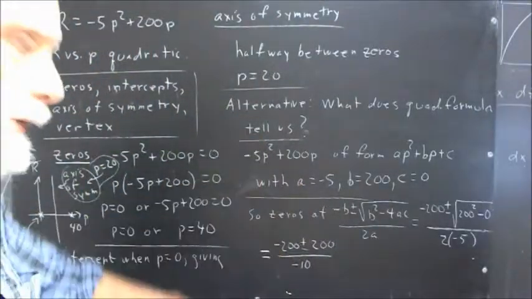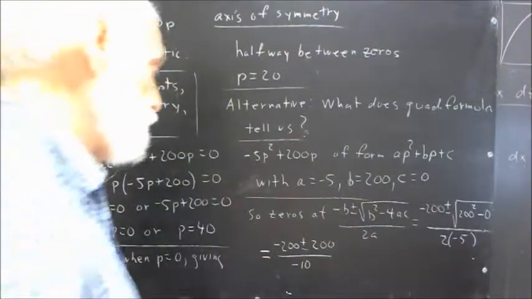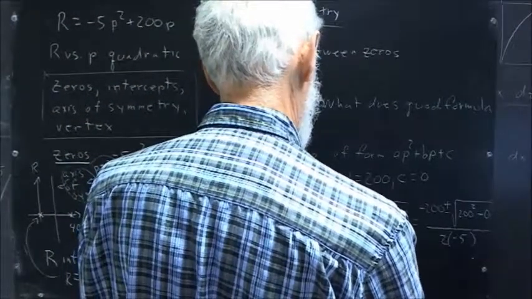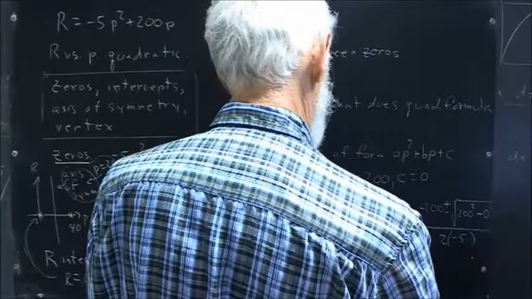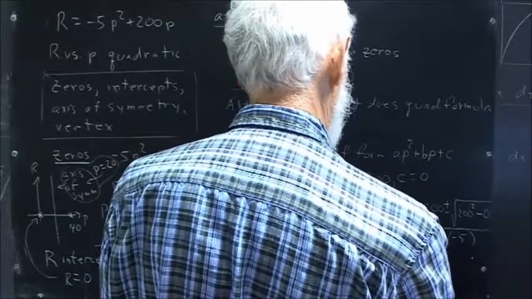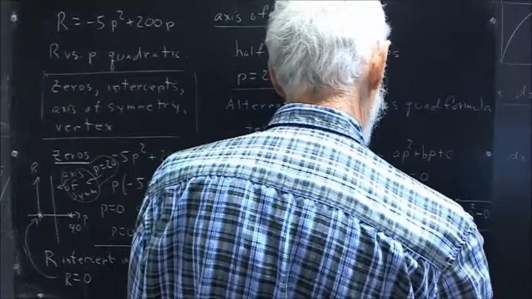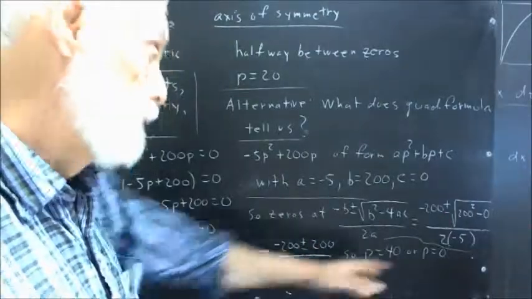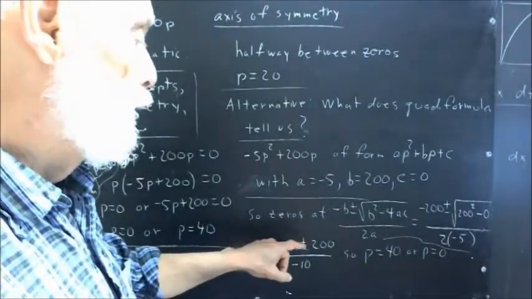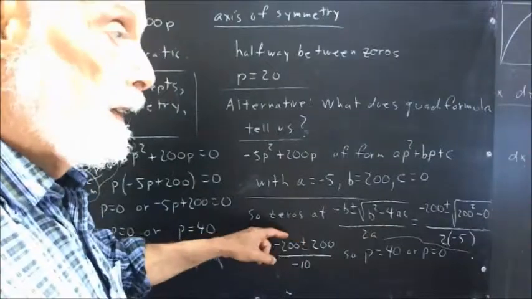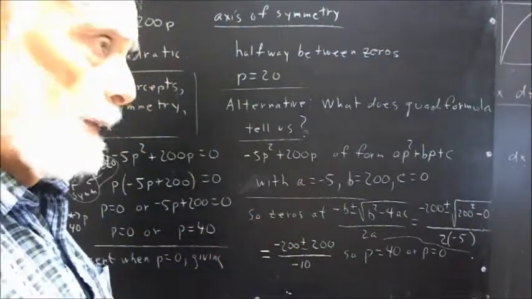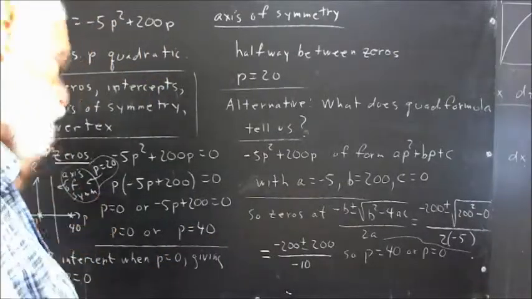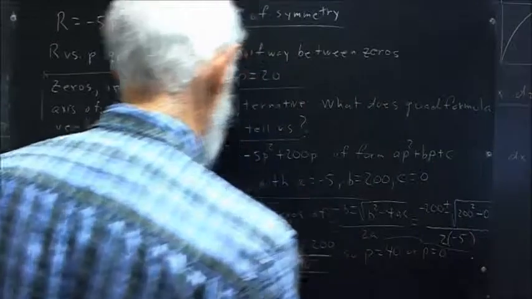And you should pause for a second, see what you get from these numbers. But we're going to get p equals 40 or p equals 0. Negative 200 plus 200 is 0, divided by minus 10 gives us 0. Negative 200 minus 200 is negative 400, and negative 400 divided by negative 10 is 40. Yeah, we got that. Okay? And the axis of symmetry